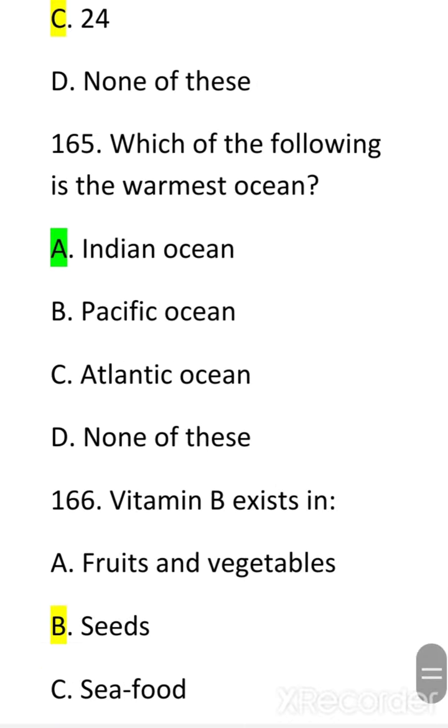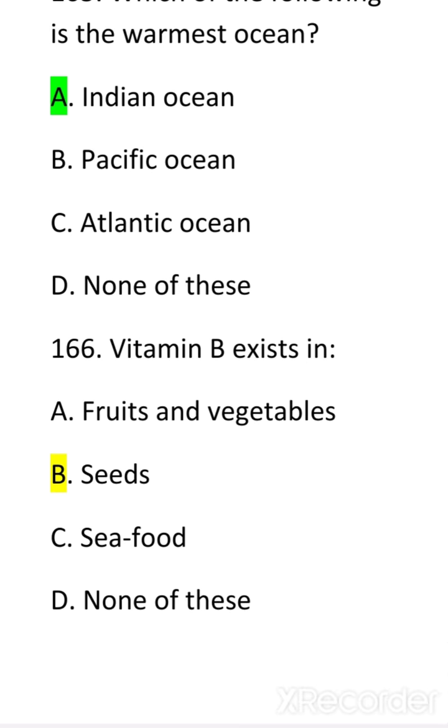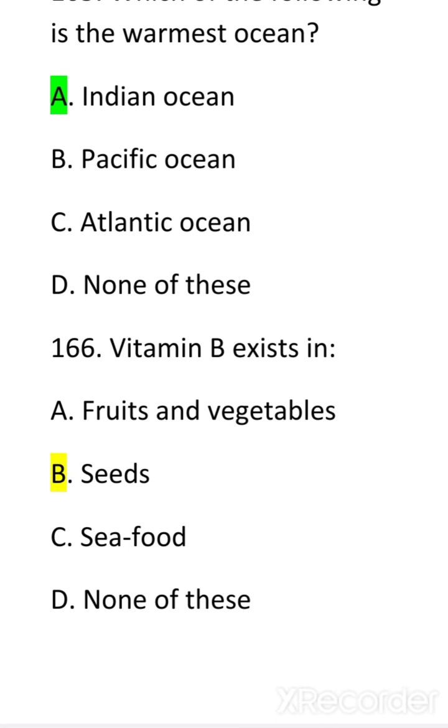Question number 165. Which of the following is the warmest ocean? Option A, Indian Ocean, B, Pacific Ocean, C, Atlantic Ocean, D, none of these. Correct option is A, Indian Ocean. Question number 166 and last is vitamin B exists in option A, fruits and vegetables, B, seeds, C, seafood, D, none of these. Correct option is